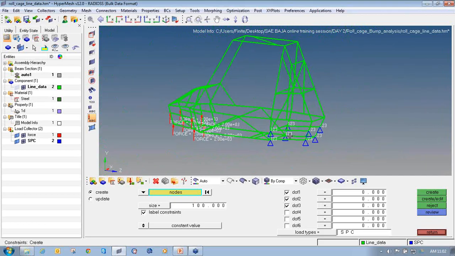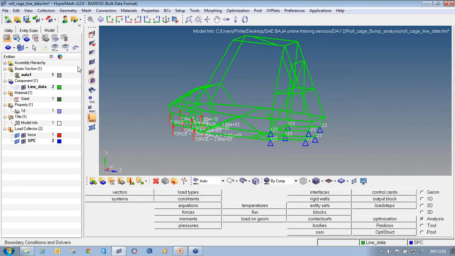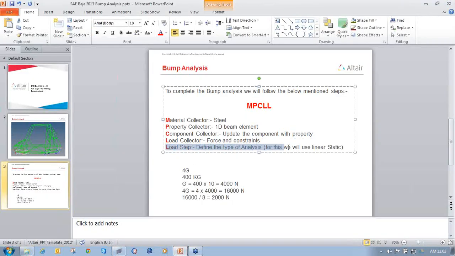So now I have defined all the process, that is I'll again cross check with MPCLL. I have defined M, then property P, then component C, then load collector L. Now the next step I have to define is the load step, that is to define the type of analysis I am going to perform.